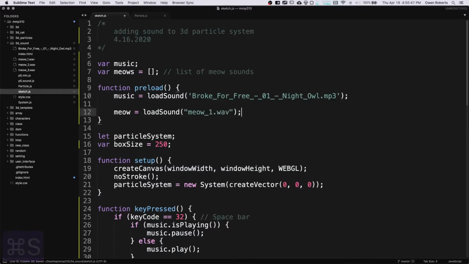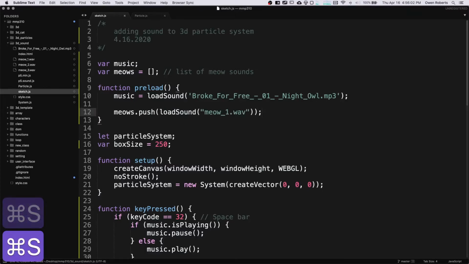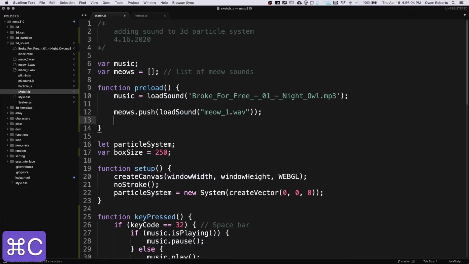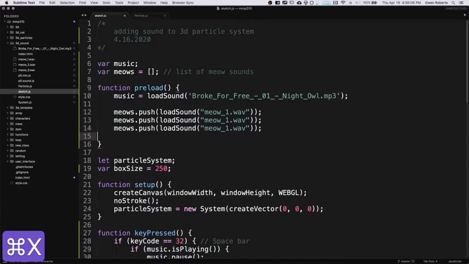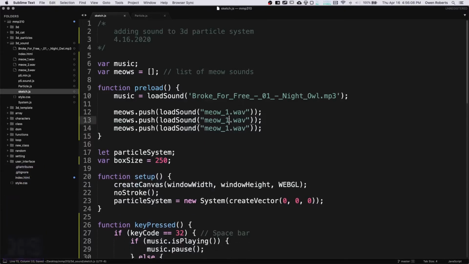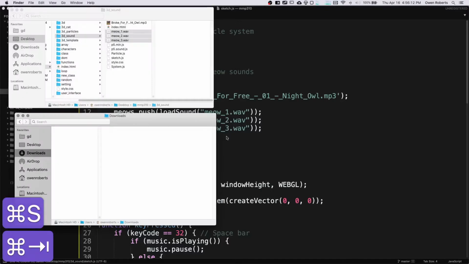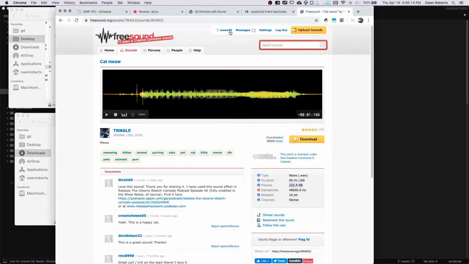Okay, so I need to do that with 3 files into the same list, so I can just use push. So instead of using assign here, I'll just say meows.push, and then I'll just put the load sound directly into that part of the list, and that's all I have to do. It'll add it to my list. So then I'll just copy and paste that a couple times, and then change these file names. And so after that, if I reload my page